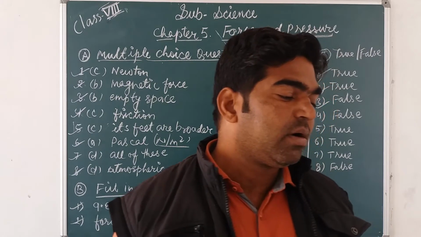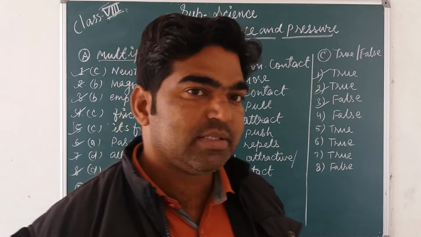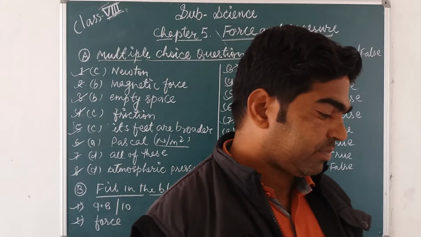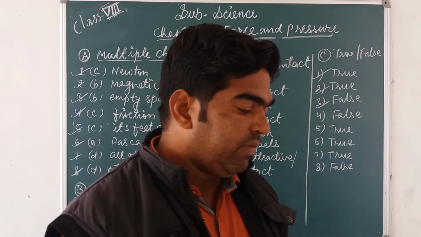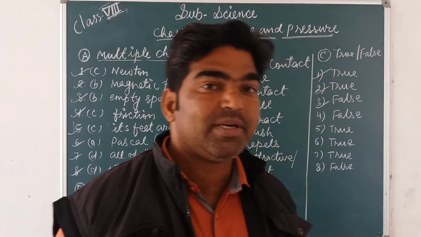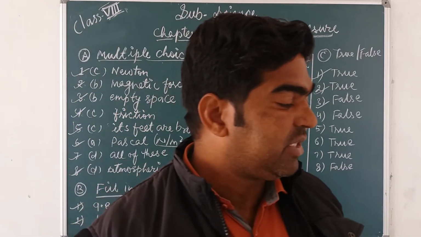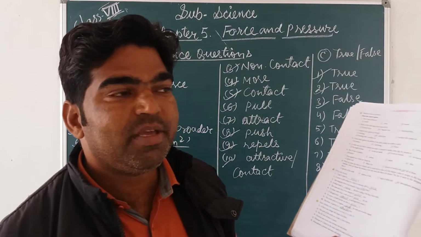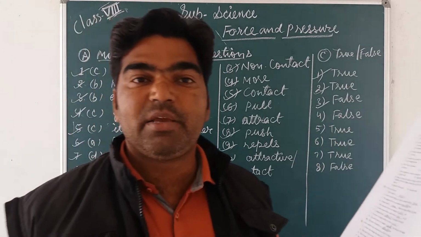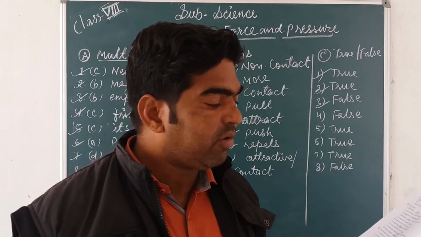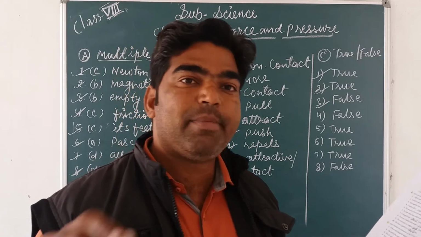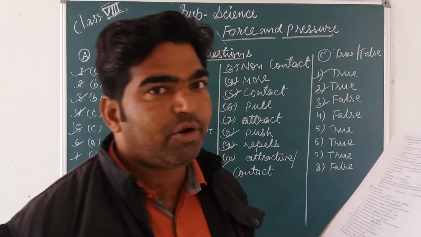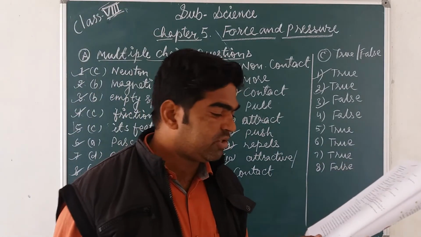Fourth: friction can occur only between two solid surfaces. Yes, obviously friction is a type of contact force, or friction force is always between surfaces, but not only for solids. Now see here, it says only two solid surfaces. No, this force can be exerted by liquids and gases also. So it's also false, because this force is not applicable only for solids, it is also applied by air and water or a fluid, and that is called drag. So it's also false.